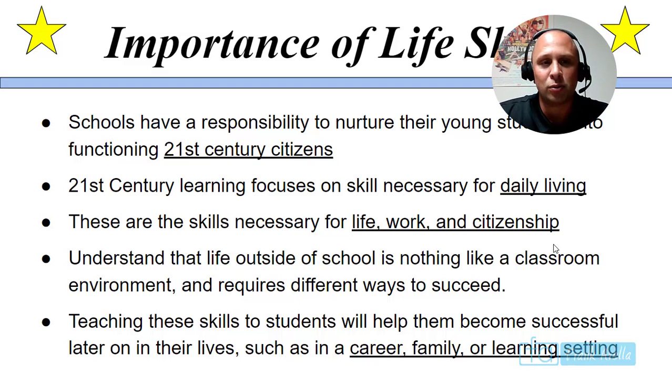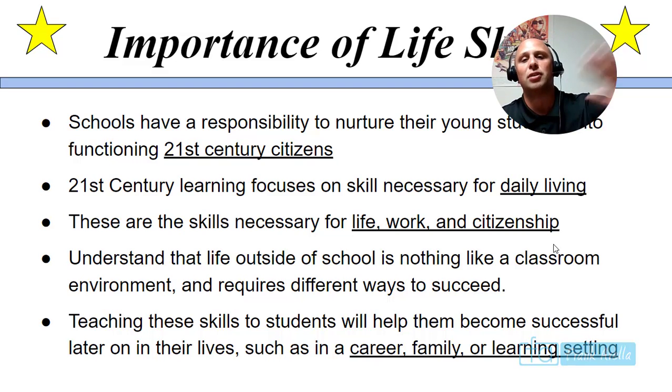All right. Anyway, so understand that life outside of school is nothing like the classroom environment. These children spend every day sitting around in a classroom, and do they ever have a job where they're just going to sit in a classroom? No. So we have to understand that, and we have to prepare them for what life's going to be like outside. So teaching these 21st century skills to students will help them become successful later on in career, family, and a